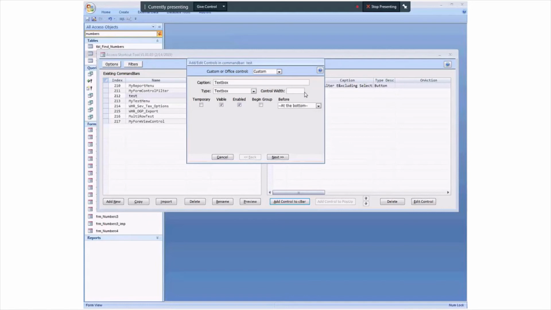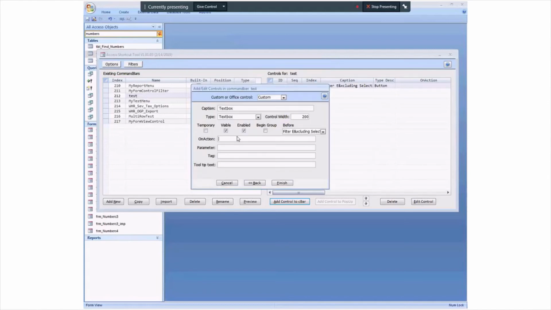I'll enter something here for the text box. I don't want this to be temporary since this is a test menu and it's in a non-operational database. I'm not going to worry about that. And I'm not going to begin a group, but I'm going to put it before the filter and excluding selection. This basically accomplishes the feature of that before parameter. So this will say, make it number 1 when I do this. And then I'm going to do on action is equal to